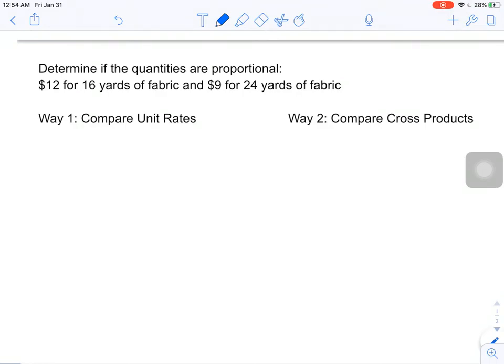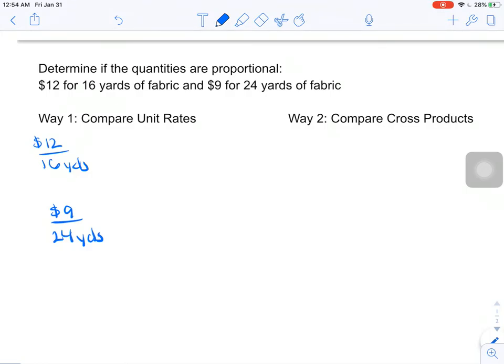So if we start with our starting rate, so $12 for 16 yards versus $9 for 24 yards. We can calculate the unit rate. That is something that we learned how to do